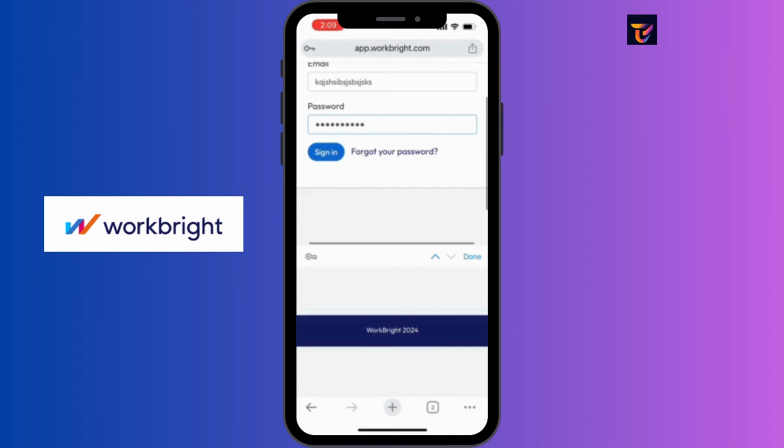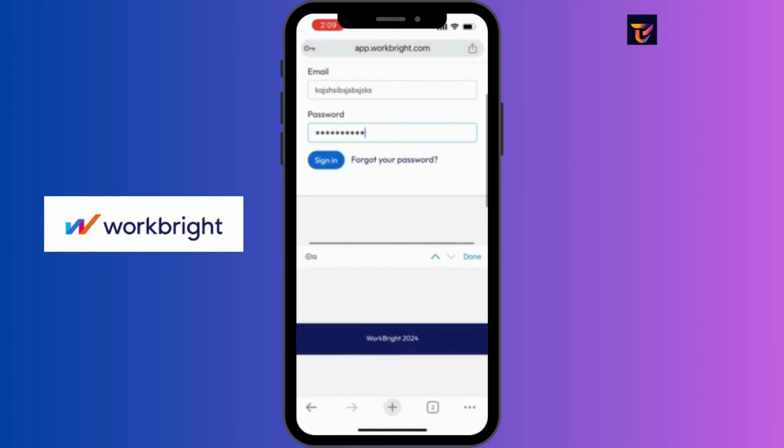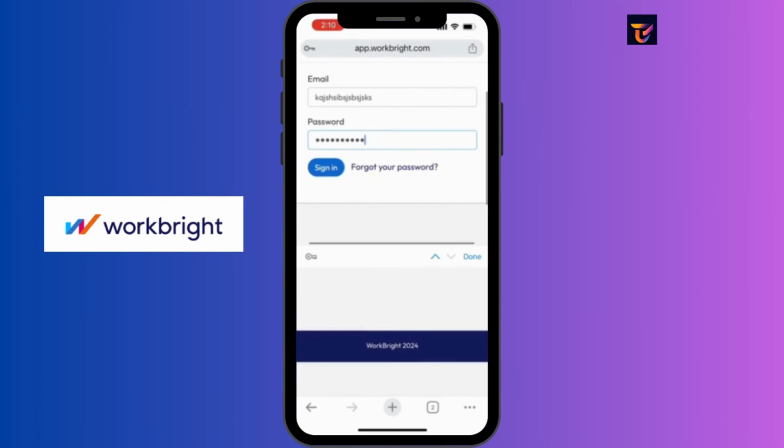Once you have entered your credentials, to log in, you can simply tap that sign in button right here. It's in the blue color. Or if you already have an account and you've forgotten your password, you can tap this option right here, that's it, forgot your password. So since we're going to log in, we are simply going to tap the login button,